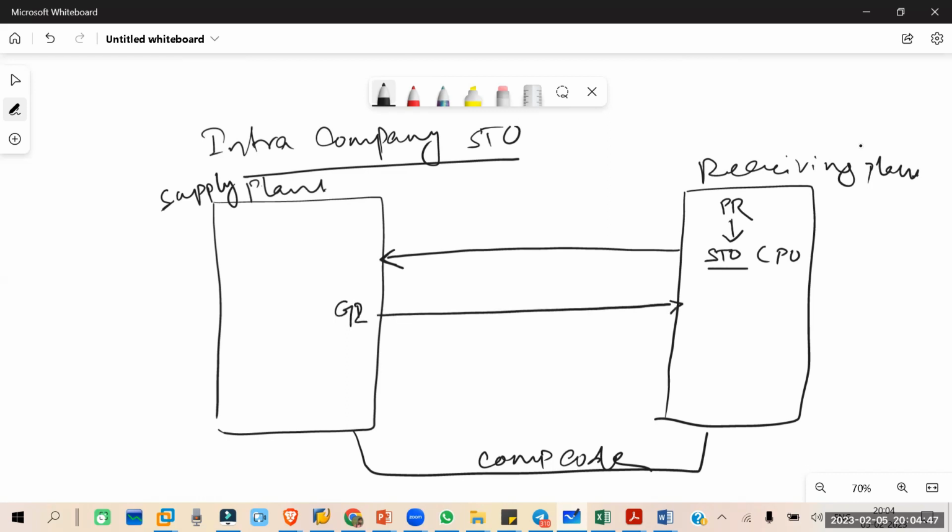Okay, now they will do the goods issue from here. And whenever your goods have been received at the receiving plant, you will be doing the GR. So this is basically the process of intra company STO. We will go into the details of how we are going to ship it, either with a shipping process or a non-shipping process. There are different kinds of scenarios, but basically this is the concept